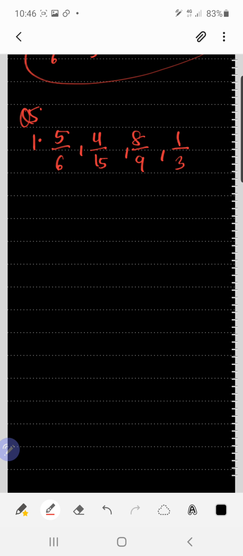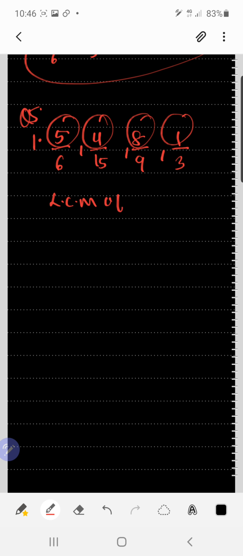Acha. Here, please try to understand. Here it is said by making the numerators equal. So what I will do is, I'll take the LCM of numerators. जिसको equal करना है उसका LCM लेना है. So you have to read your questions very, very carefully. In my previous question, it was written that you have to do it by making denominators equal. Here it is written you have to write in descending order by making numerators equal. So I'll take the LCM of numerators.